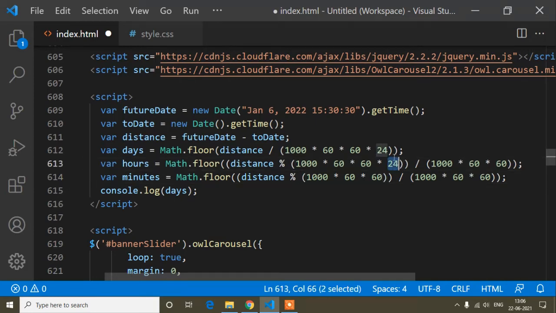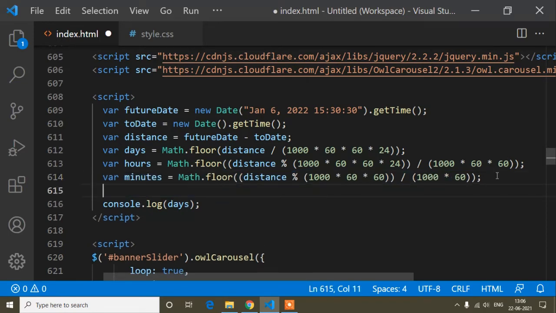When I was calculating the days and hours, at that time we calculated 24, but it's minutes, so we don't need to multiply by 24. Just like this, and divide by 1000 into 60, because in 60 seconds we get a minute, so in 1 minute how many seconds, that's why only seconds I am calculating.